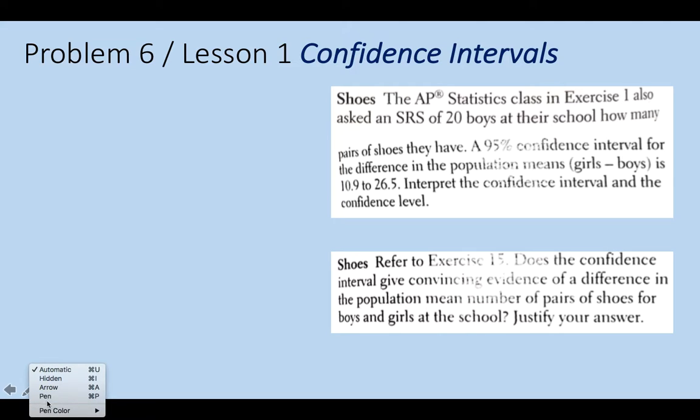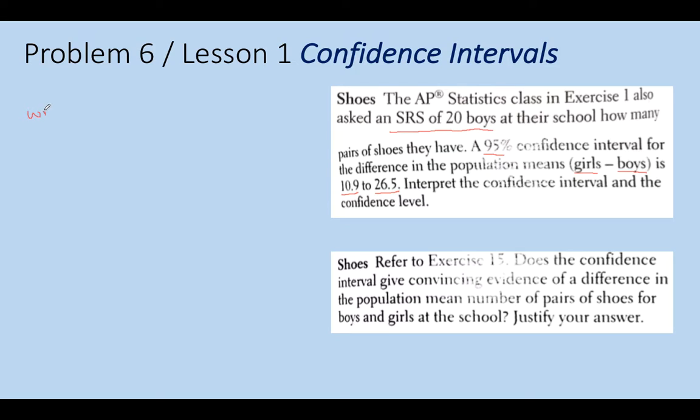All right, and then finally, here, back to the shoe question. Now they want to compare boys to girls. So you took an SRS of 20 boys. And again, 95% confidence interval for the difference in the population means is 10.9 to 26.5. So what does this mean? Well, again, remember, we're not doing the means by themselves anymore. We're doing the difference of the means. The means of the girls minus the means of the boys. And so again, we'll go back to our trusty